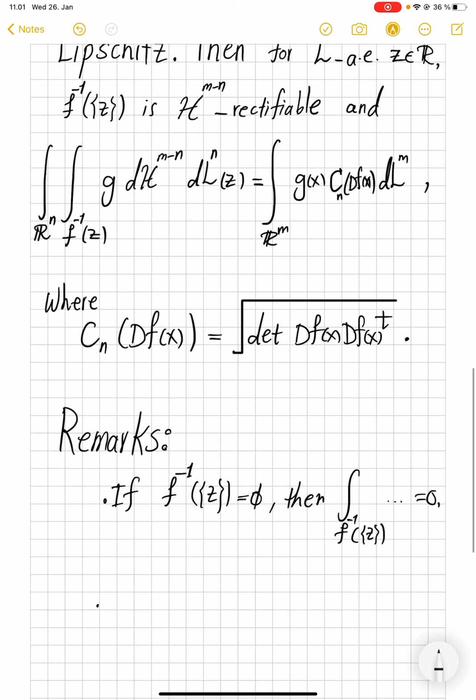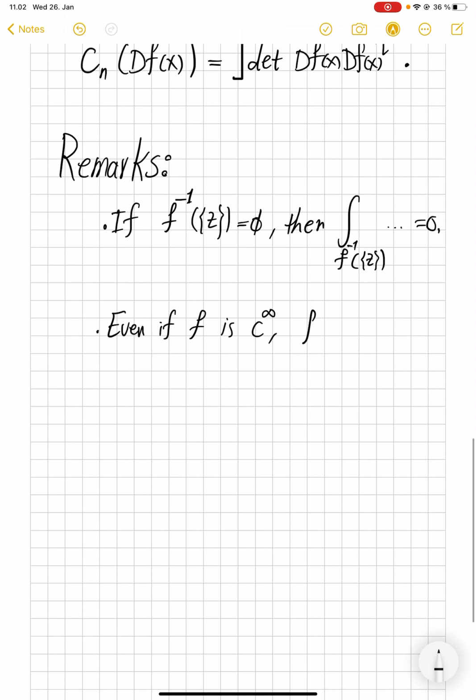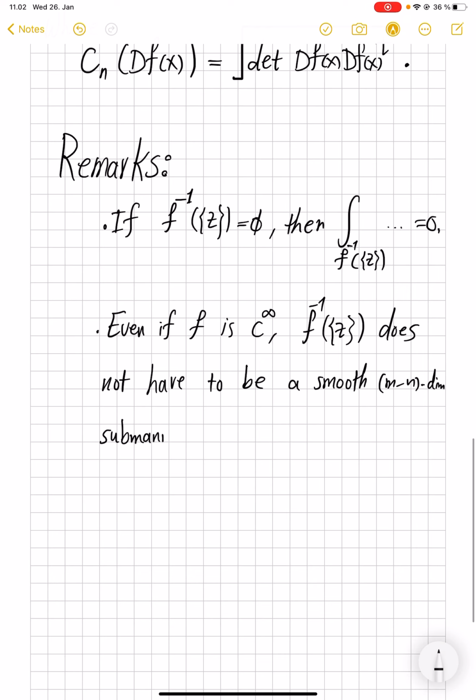The other point is that even if f is C infinity, f inverse of z does not have to be a smooth m minus n dimensional submanifold